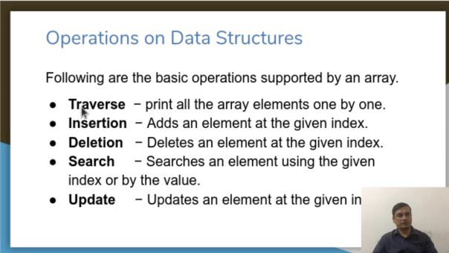The operations that a data structure called an array supports are traversal, insertion, deletion, search and updation. The traversal operation is where you either print or store the respective array element at that particular index. If it is insertion, add an element to the array. If it is deletion, then delete the element from the array, or the search operation where you search for a specified element, whether it is there within the array or not, etc.